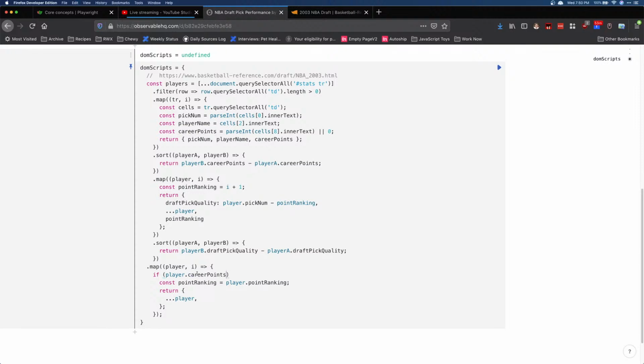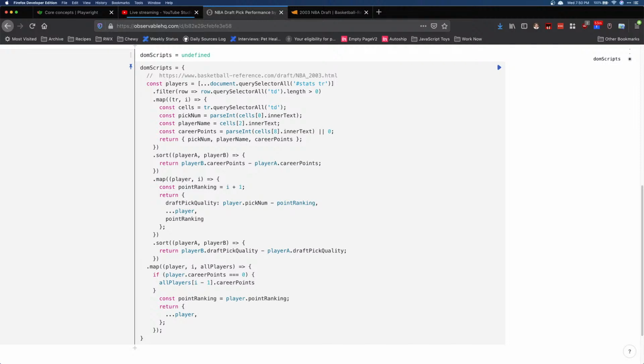So if the player has 0 points, then we're going to check the player before. So we also want to pass in our array here as well. Players minus 1. We're going to check the player before. And if that player has 0 career points,